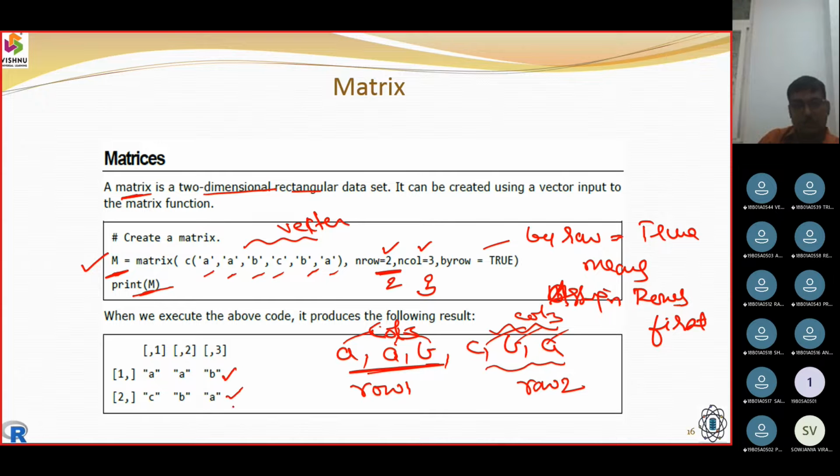So this is how the answer was displayed. And similarly, subscripting is also provided here.